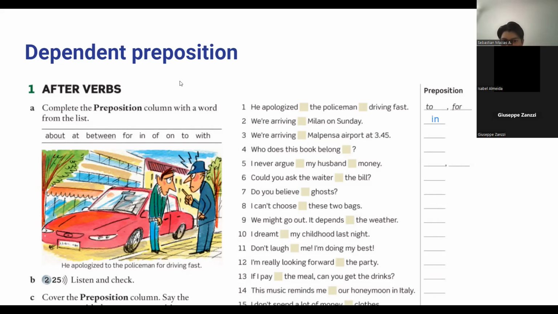Sebas, number 4. Who does this book belong to? 2. Yes. Isabel, 5. Who does this book belong to? Number 5. 5. Oh,